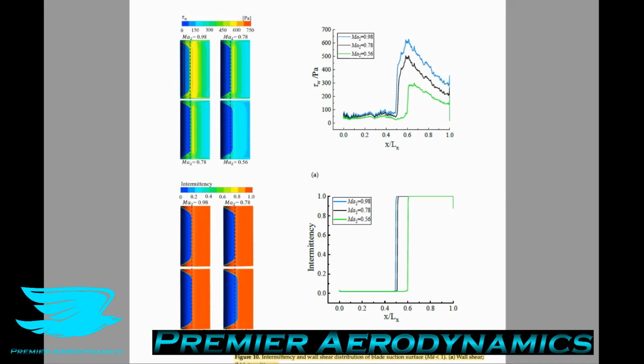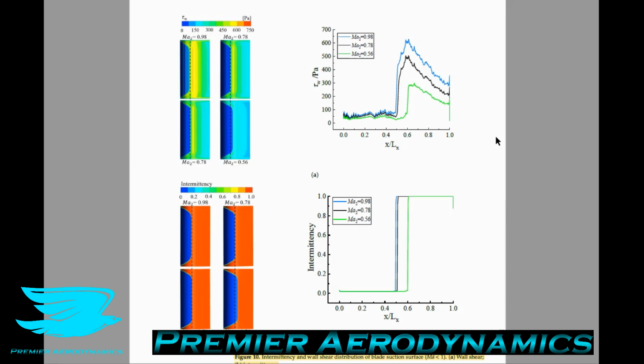So furthermore, the wall shear in the laminar and turbulent parts increased with increasing Mach number. The same transitional location and its variation with the Mach number could be obtained from the intermittency distribution shown in figure 10b. So let's discuss these two different figures now. In figure 10a, we have the wall shear stress, and this is a very easy way of determining when transition is starting to occur, because it's clear as day when we go from low shear stress to high shear stress,